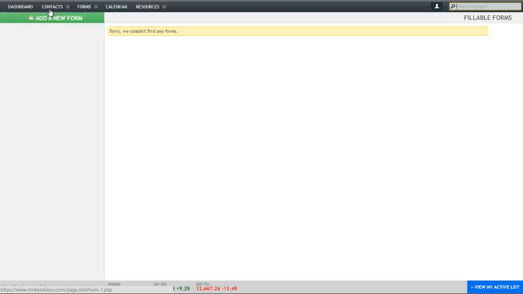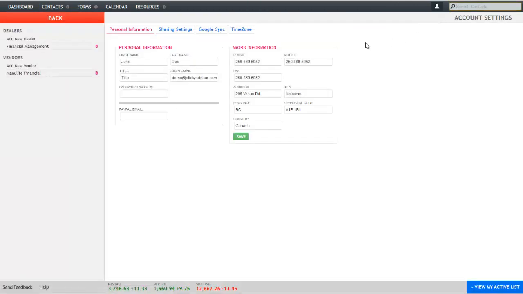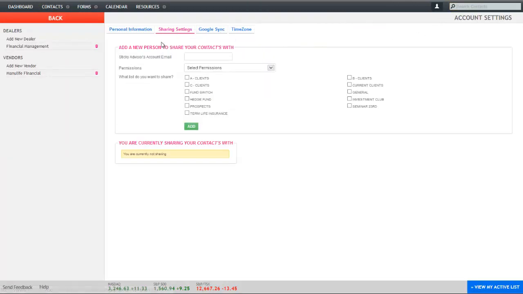In regards to the sharing of your contacts, this has been a widely requested feature, so we've put it in. So I wanted to show you within your account settings, under the sharing settings. You may have noticed this before, but it hasn't been live yet on the site. But nonetheless, you can see here, if you want to add a new person to share your contacts with, you'd have to input their account email address, so their StickyAdvisor email address. I'll place in